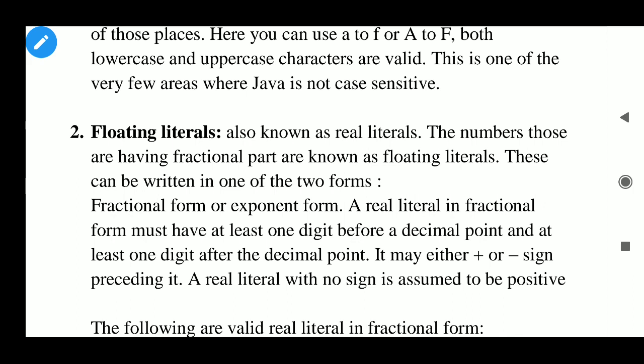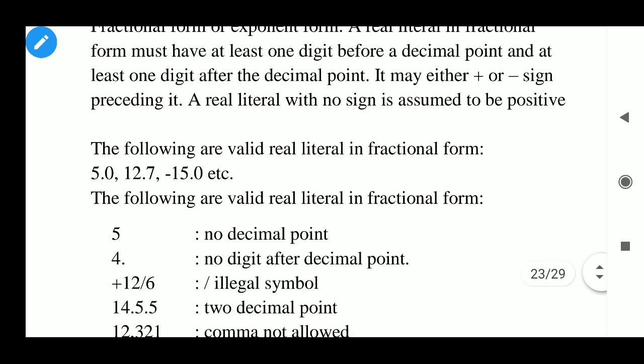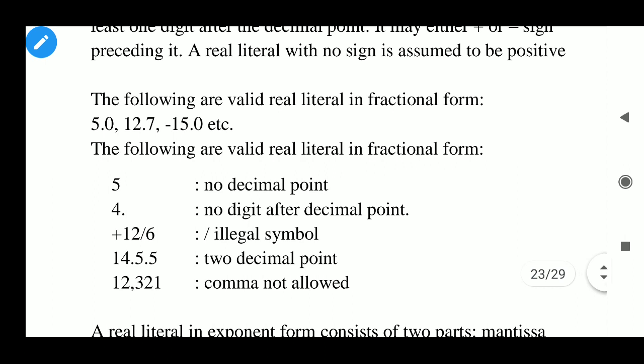It may have either a positive or negative sign preceding it. A real literal with no sign is assumed to be positive. The following are valid real literals. Literal means the data you are using. So 5.0 is valid, 12.7 is valid, minus 15.0 is valid, and some are invalid.